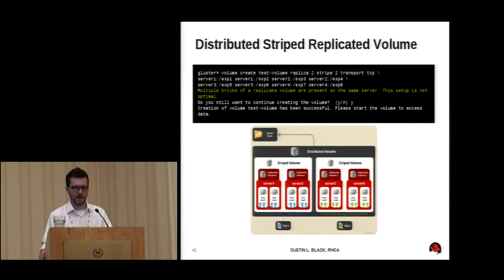So you'll notice when I passed the 2 bricks from server 1, I've got export 1 and export 2 from server 1 listed first. So when it sets up the replication, the first thing it does is it replicates between the first 2 bricks. Because the first 2 bricks are on the same node, Gluster is actually warning me in this case, this is not optimal, why would you want to do this? But it'll let me go ahead and continue. And then I can build out the environment.